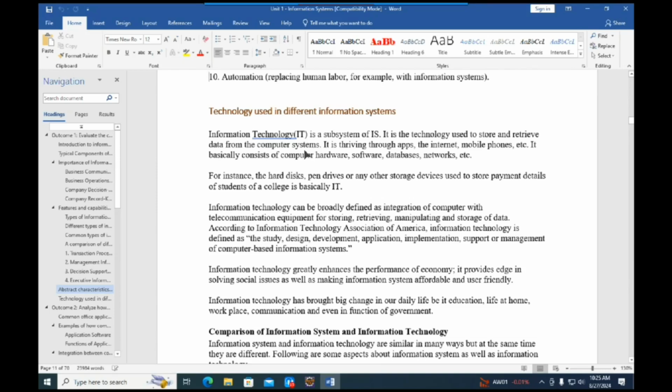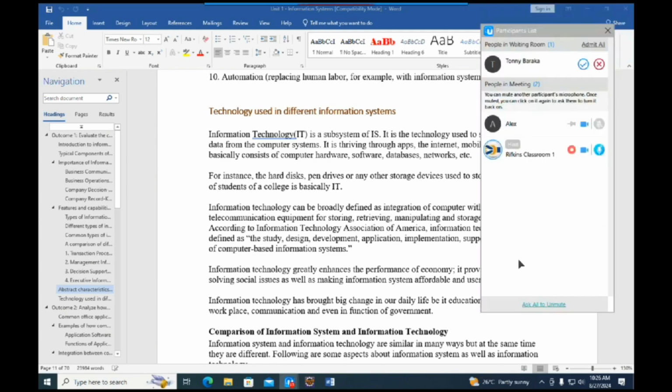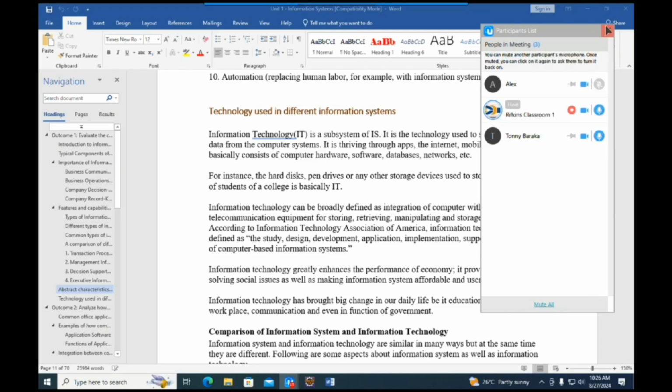Looking at the technology used in different information systems. So we need to understand what IT is, because IT stands for information technology. So we need to really understand what IT is. So basically,